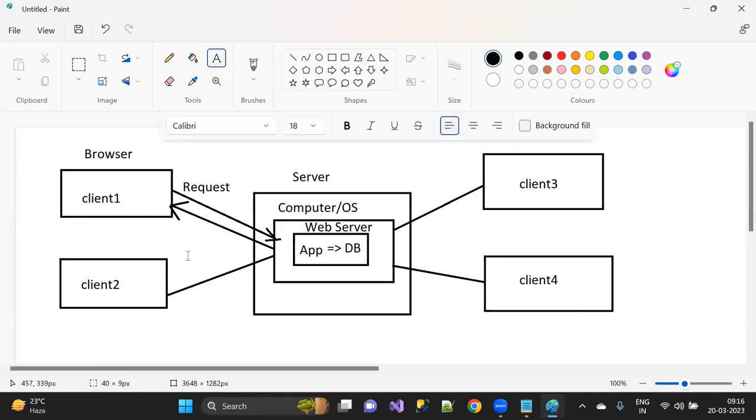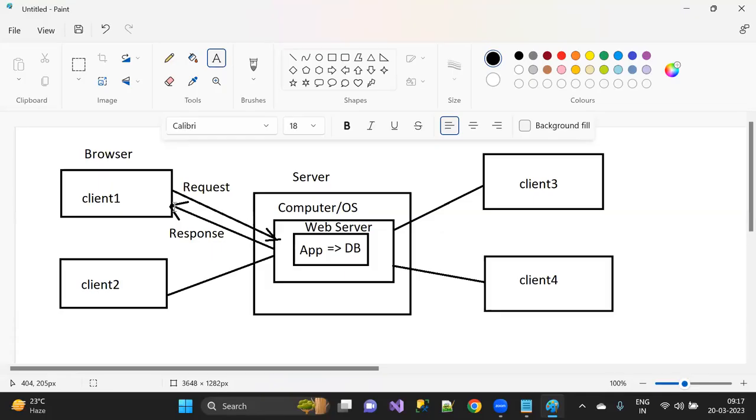That is what we call a response. That means we have the request, and the request is taken by the web server. The web server will process the request, and if the code is required to connect with the database, it will go and connect with the DB, and immediately it will give the response to the browser.